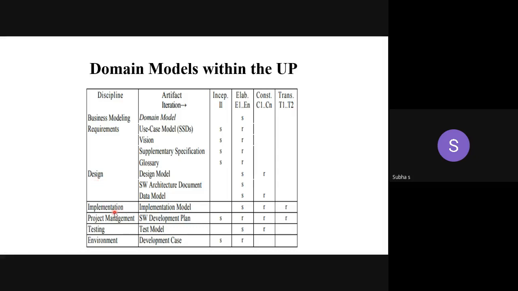Then for the implementation phase, by default, what we need? Implementation model. You have to make a model before getting into implementation. So this function has to perform these statements. This particular code routine has to do some task. Like this, you have to make a model. Then only you can go for the implementation.